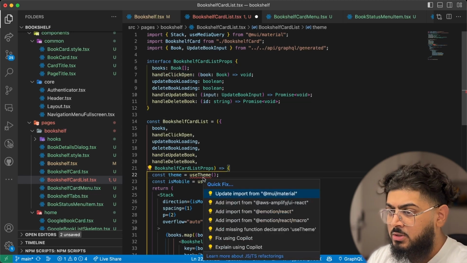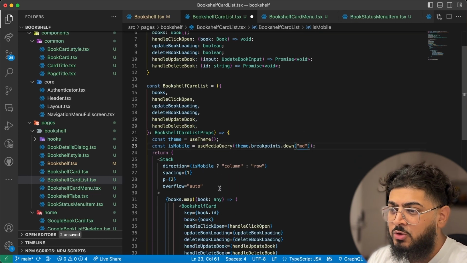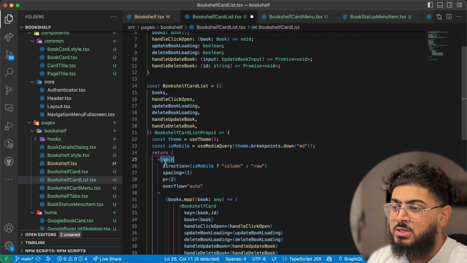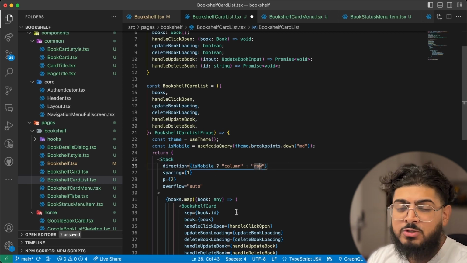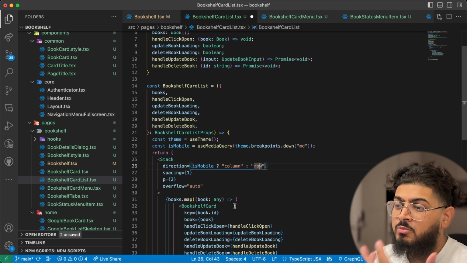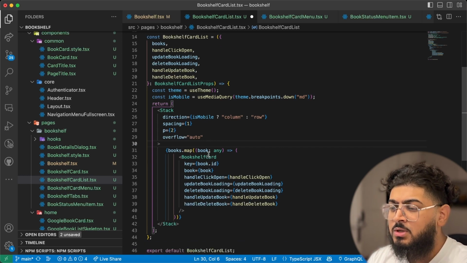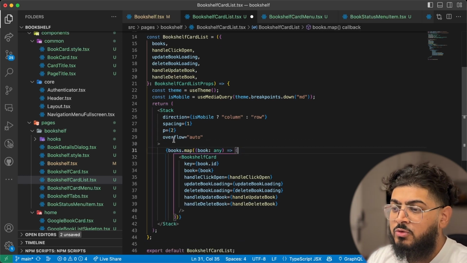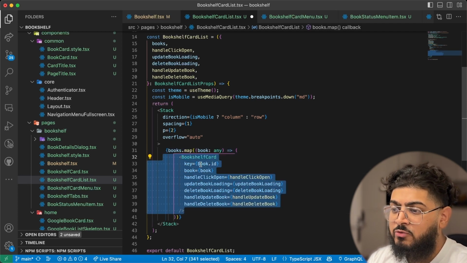And we'll be using the useTheme hook again to check whether it's a mobile view or not. If it is mobile, we're going to change the stack direction from column to row. That'll just make it a bit easier to see on the mobile phone. We'll have spacing of 1, padding of 2, and overflow will just be auto. And then we're going to be looping through the books in this component instead, and then rendering the bookshelf card